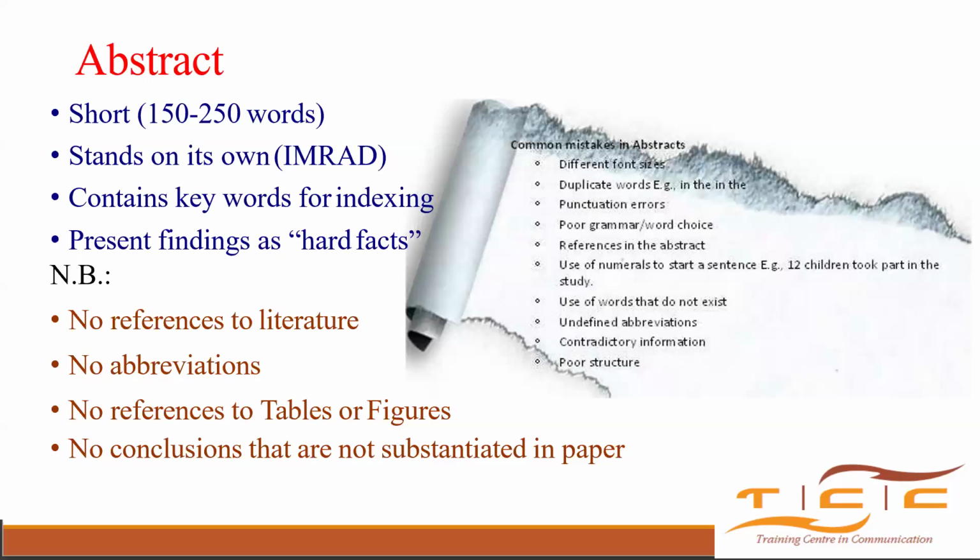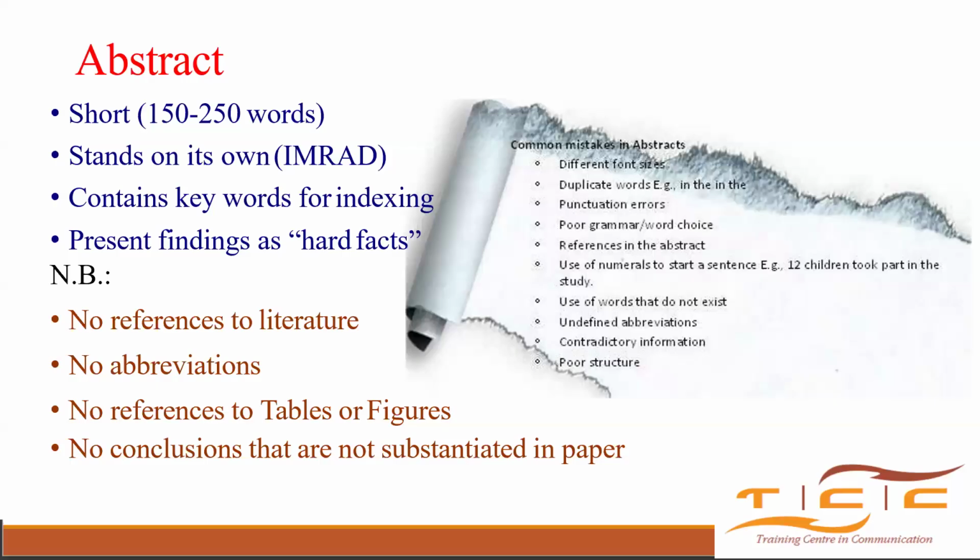abstracts or unstructured abstracts. And in the abstracts, we are presenting findings as hard facts. So there's no reference to literature. I don't expect you in the abstract to start writing Outa et al. 2015. I don't want to see that in the abstract. Then there are no abbreviations in the abstract, especially those that cannot be explained. If you are already in the abstract writing MBR, I don't know what MBR is, because I've not gone to the background to understand what MBR is. So just try to make it as clear as possible for me. If it is membrane bioreactor, I just want to see that.